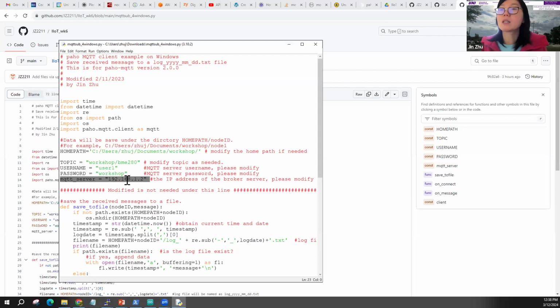MQTT IP address. This should be the IP address of your broker, or your MQTT server. In our setup, it should be the IP address of your Raspberry Pi, okay? Should be your Raspberry Pi. Once you complete it,